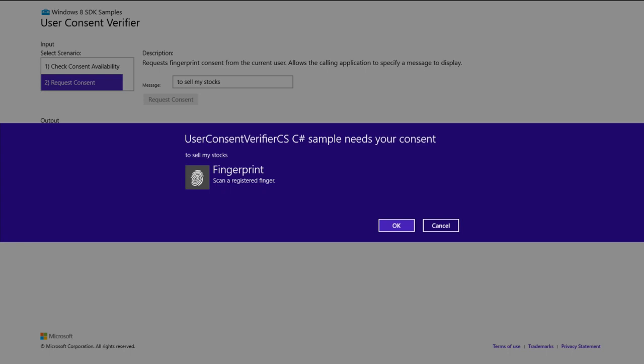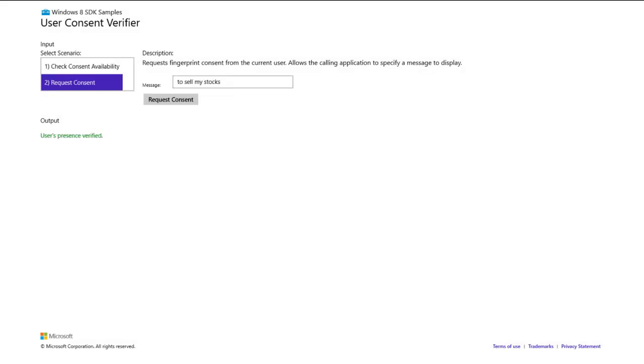We already see the applicability for line of business apps with our Microsoft IT organization, because they don't want anybody to be able to access every single app. So even for their apps, they're thinking of adding functionality like that to ensure that the logged-in user is actually consenting to start this app. Okay? And definitely I can consent. The user presence verifier returns yes or no. We never return credentials to any developer.